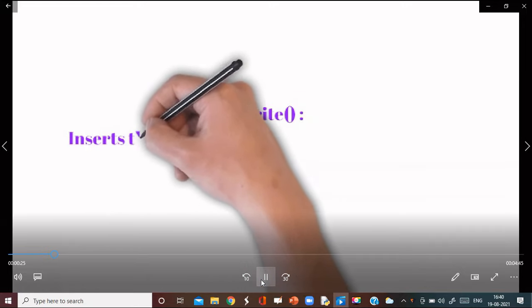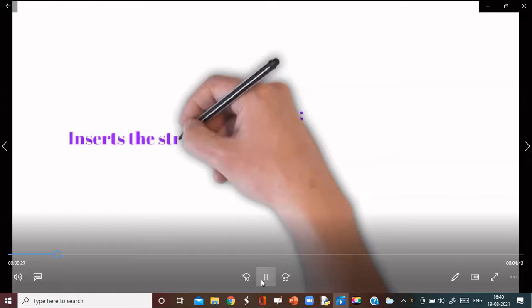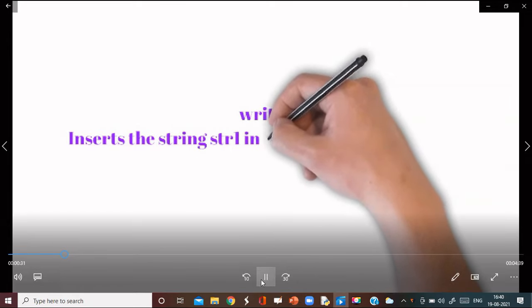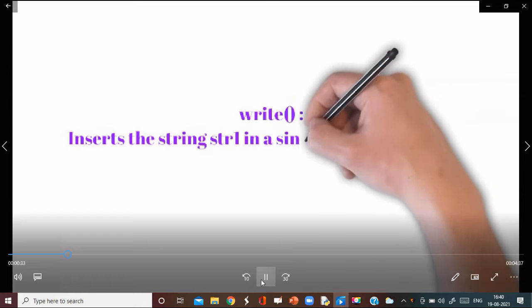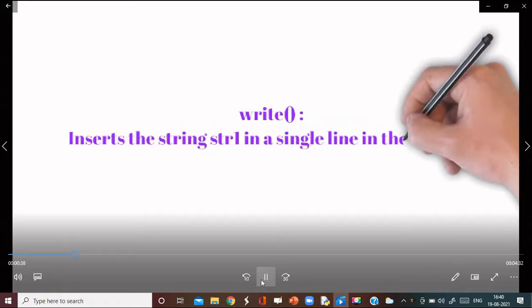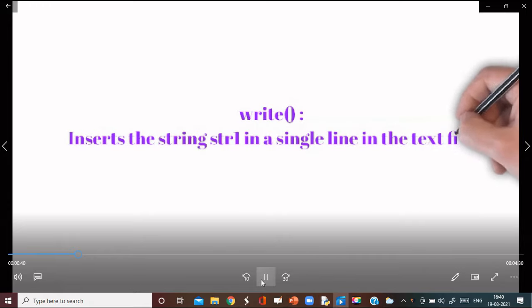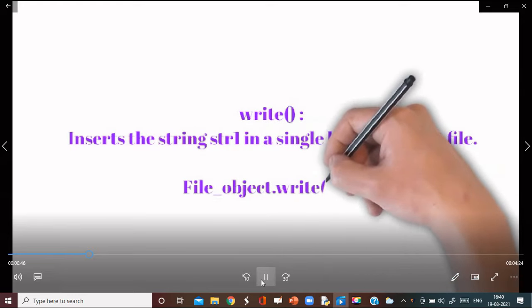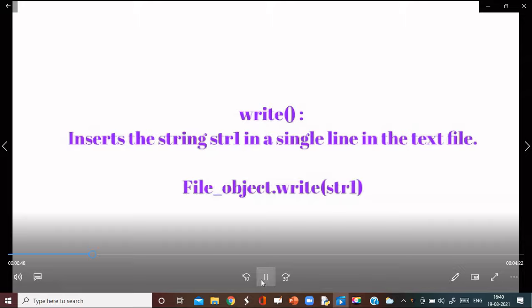It inserts the string in a file in a single line. Its syntax is file object name, then dot, then write function and the string name.